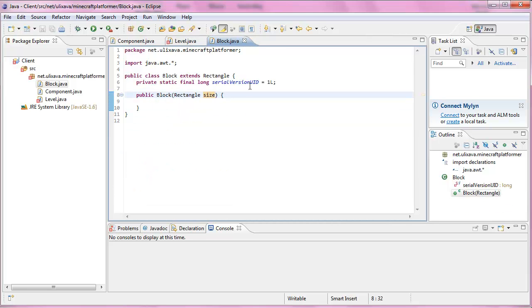So its size. We also want to have inside here a public int. We might want to be able to access it from the outside, and it's going to be called ID. It's going to be a multi-dimensional array, so we can easily access any blocks on our tile set later on, where we're doing some image stuff. But we got the ID. We have the ID to indicate if it's a grass block, a dirt block,